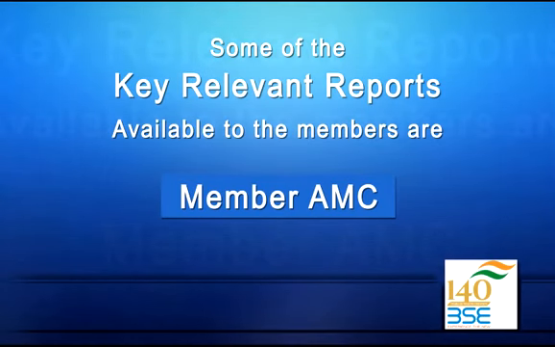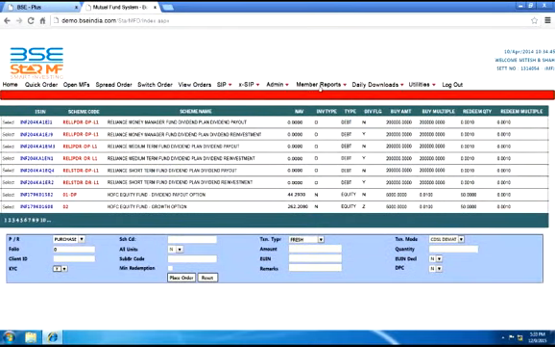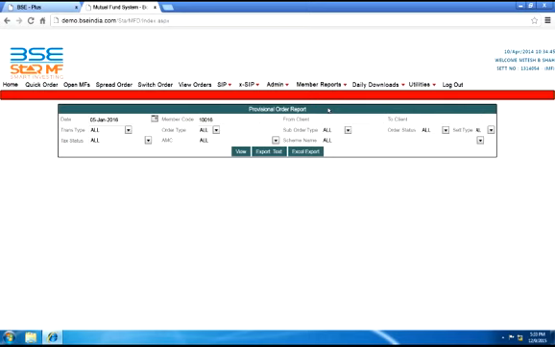Now let's see how to view orders placed in a historic date. For this, we need to select member reports and then click on new provisional orders. This will navigate you to the provisional order report page where you can select the particular order by entering the details as seen here and then click on view to see the report. You can also export the report in text or Excel format.